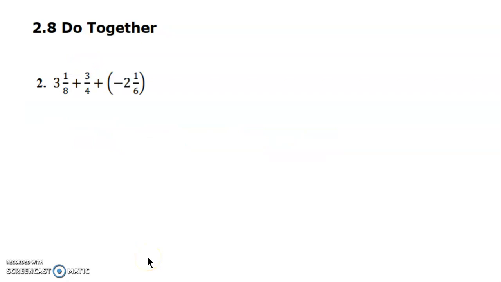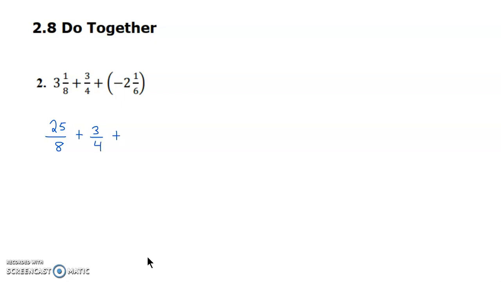Number 2, we have a mixed number plus a proper fraction plus a negative mixed number. If these were all positive, you could use our very first strategy, which was adding up whole numbers, adding up fractions, and done. But as soon as you see a signed number, we need to change to improper. So let's go ahead and do that first. 8 times 3 is 24, plus 1 is 25. So I'm going to write 25/8 plus the 3/4